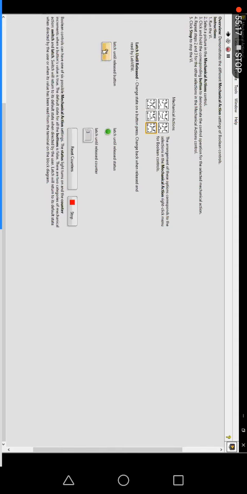See here, if you keep on pressing the control, yes, you will get the output. If you release it, you won't get the output. Same mechanical actions, latch until release and switch until release. Okay, have all of you understood? These 6 mechanical actions. Have all of you understood the behavior of the 6 mechanical actions? Just tell me quickly, because if you understand this, you will be able to try the problems.